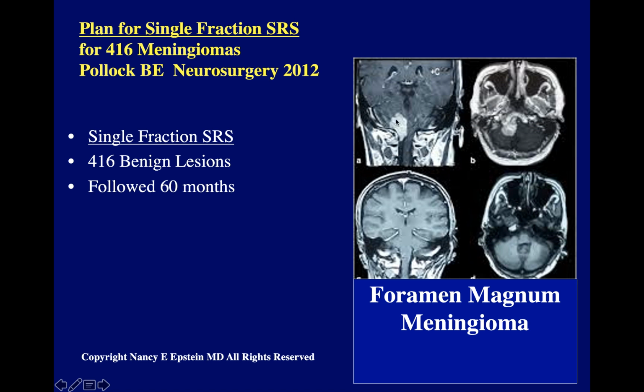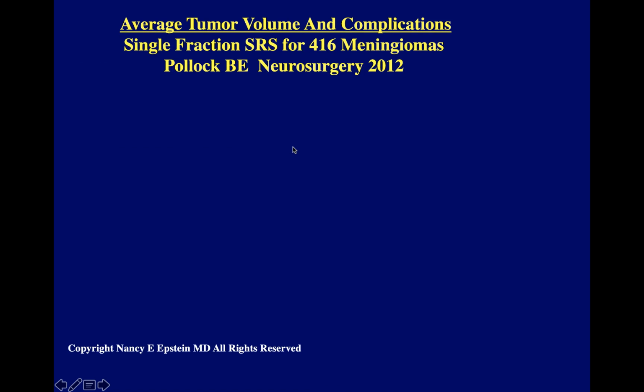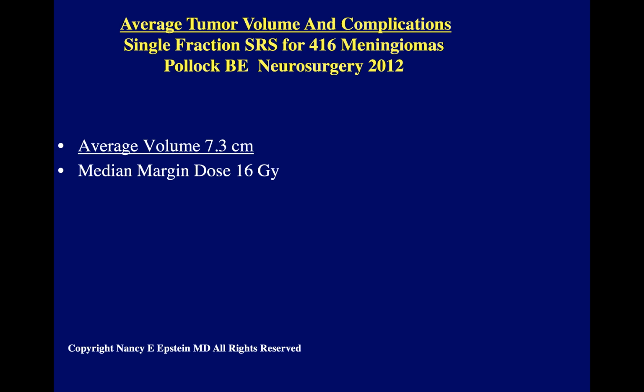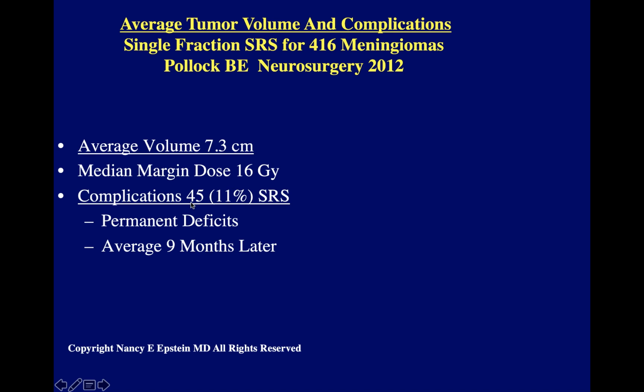And here you can see to the right an example of a foramen magnum meningioma with some distal involvement of the clivus as well. The average tumor volume and complications seen in this Pollock series of single fraction stereotactic radiosurgery for 416 meningiomas in 2012. Average tumor volume here was 7.3 cm. We've already seen 7.5 and 7.6. Median margin dose was 16 gray. The complications seen in 45 or 11% of the patients involved permanent neurological deficits occurring an average of 9 months